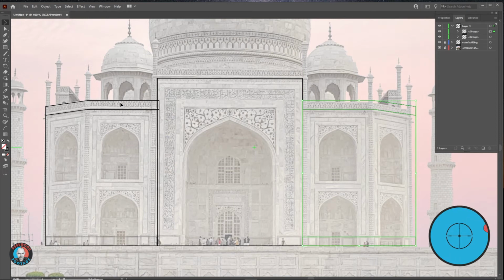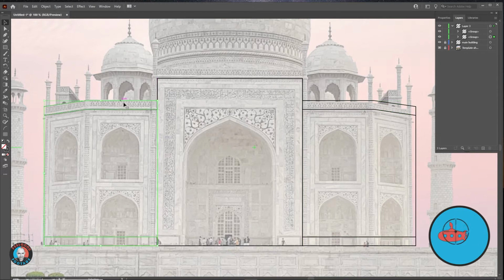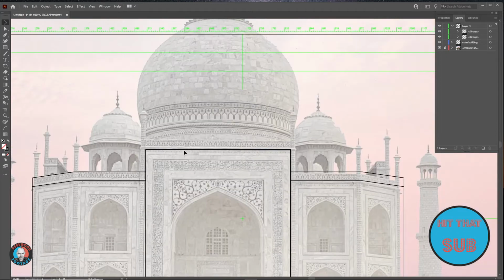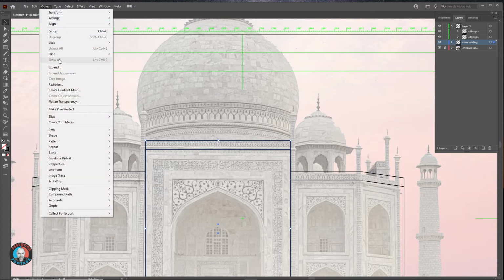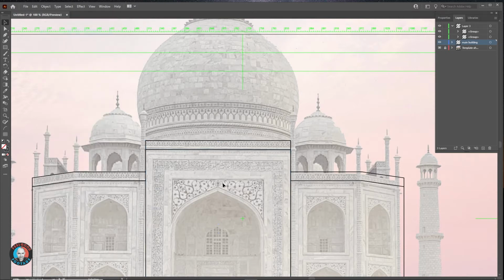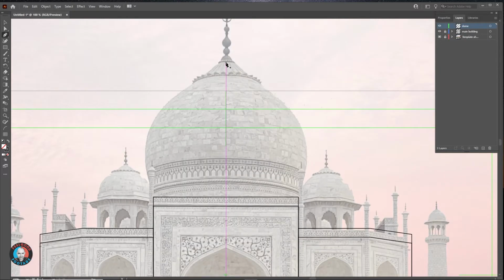I'll just spend a moment making sure both sides are aligned with each other, and again Smart Guides is very useful for this sort of thing. And I'm also going to duplicate the very first rectangle that I drew just to allow me to make a parapet for that part of the building. And again, that duplicate is just created by selecting the path and Alt dragging. That Alt drag to copy a shape is absolutely one of the most useful shortcuts that you're going to use again and again. Next up, the big dome, where we'll use the pen tool.